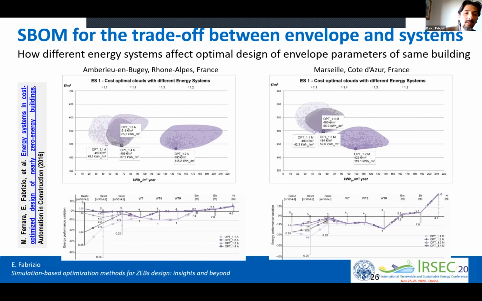Instead, for the cold climate, there is a variation when we change also the energy system. So this means that